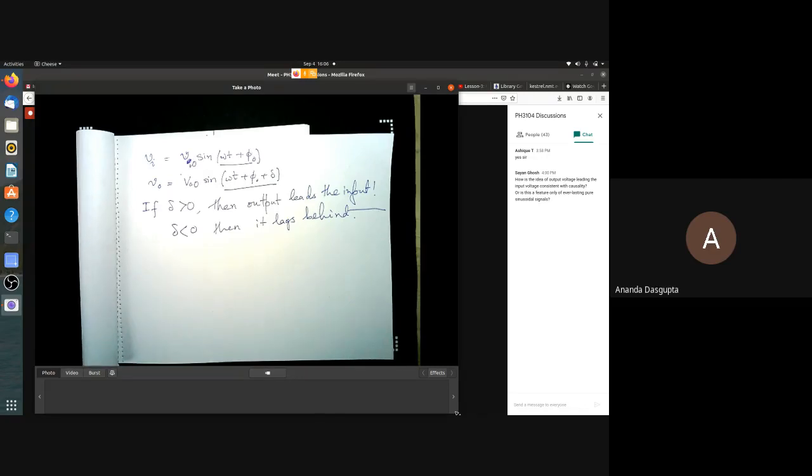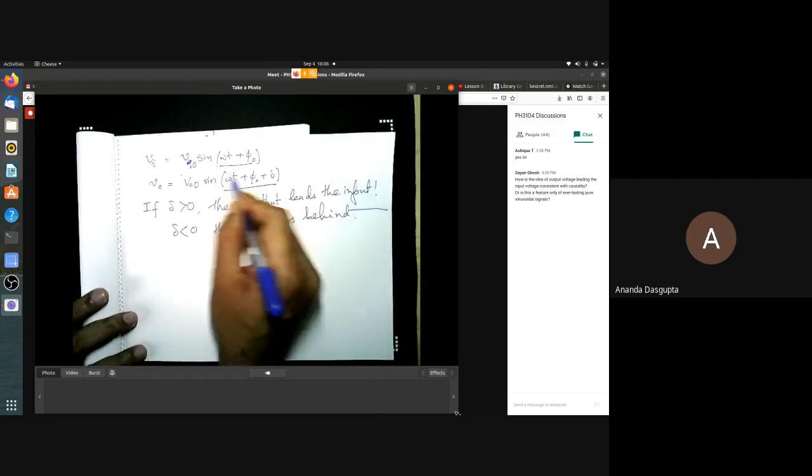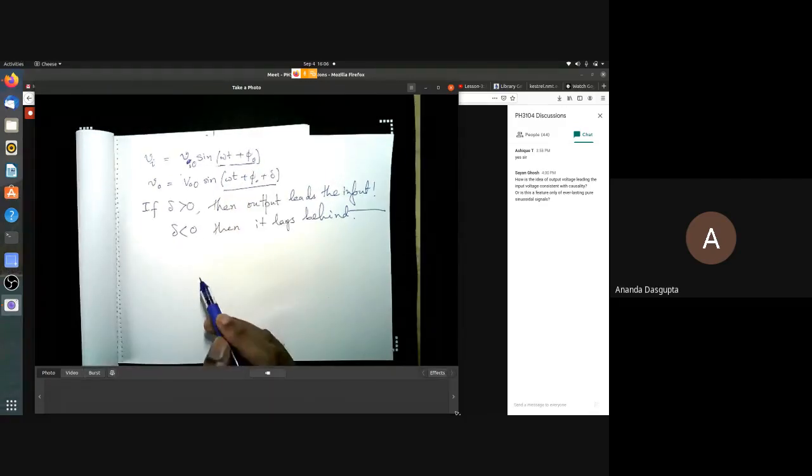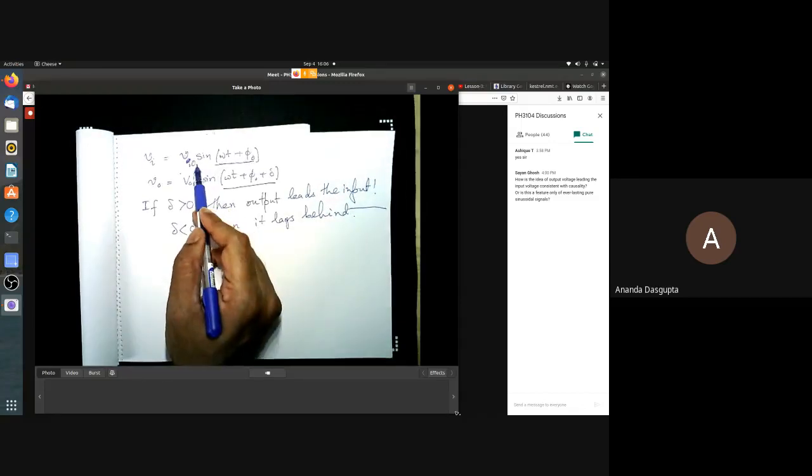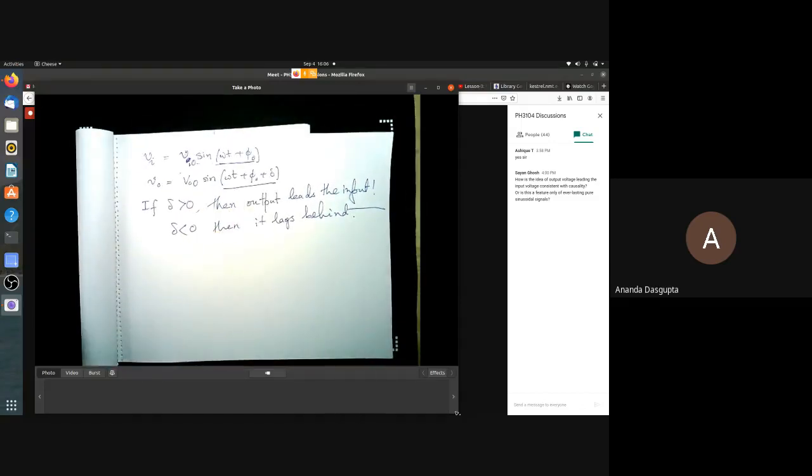And the answer to that is that for the output, things happen earlier than it's happening in the input. When I say things, I mean something like, say, a sinusoidal function reaches a peak. So Vi reaches a peak. When does it reach a peak? When omega t plus phi 0 reaches, say, pi by 2. Because I'm talking about the sine function here. If this were a cosine function, I would have said it reaches a peak when